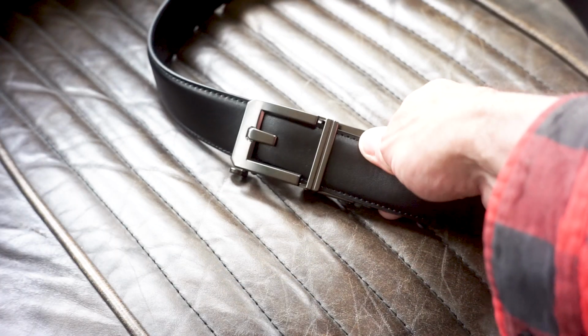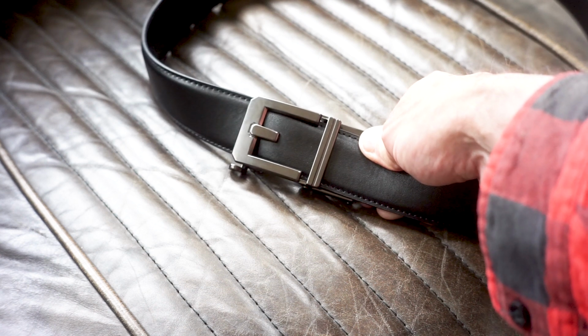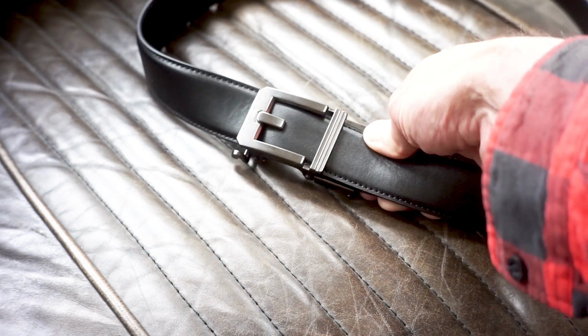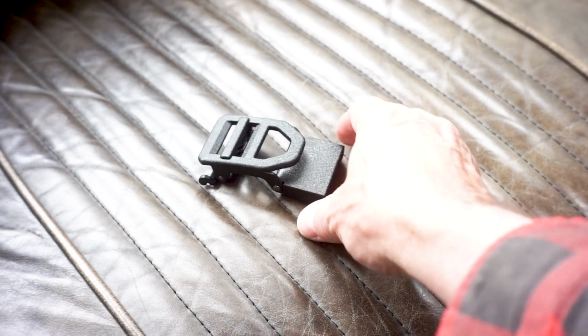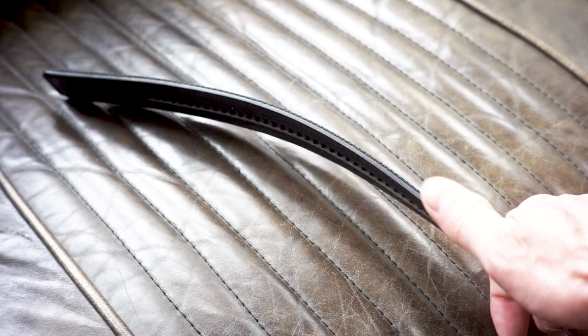Core Essentials has a bunch of different configurations and different belt buckles and so on. This one here is a black leather, and it has the X3 Gunmetal buckle, and that's a pretty sweet looking buckle, I think, and looks pretty traditional, not bad. The other belt buckle that we looked at is called the X5 Black, and it's a flat black color, and that's the design. And this is the black tactical gun belt, and this is reinforced, so it's a little stiffer